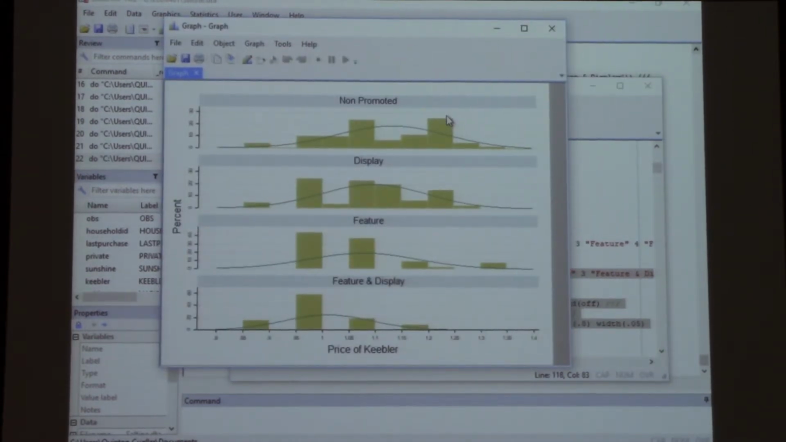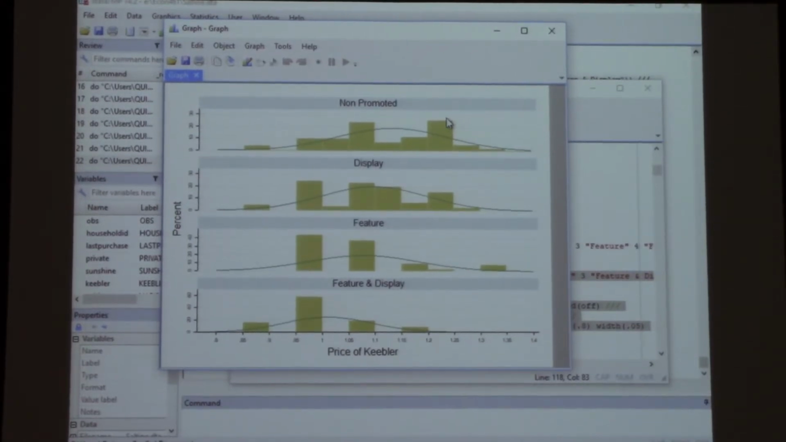right? Yeah. I like the box plots better than these. These are nice, but,